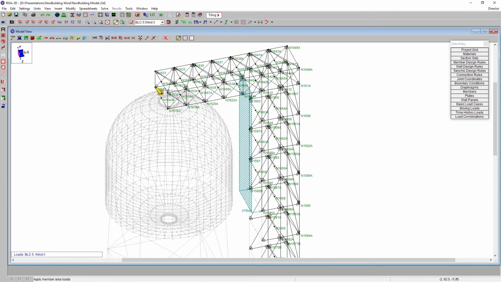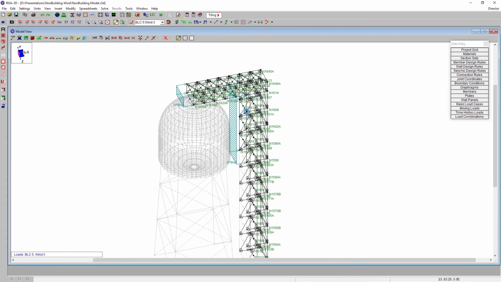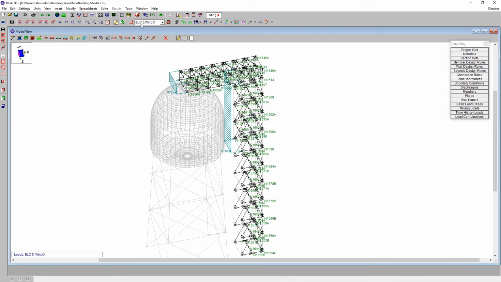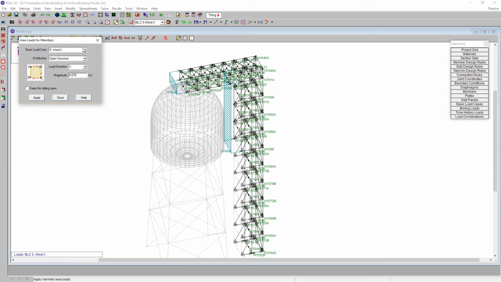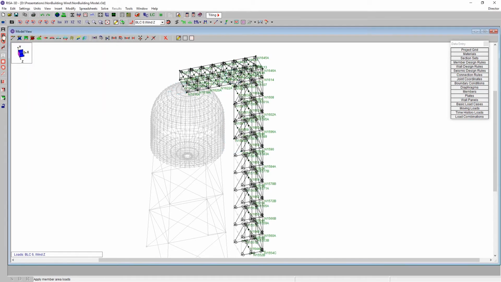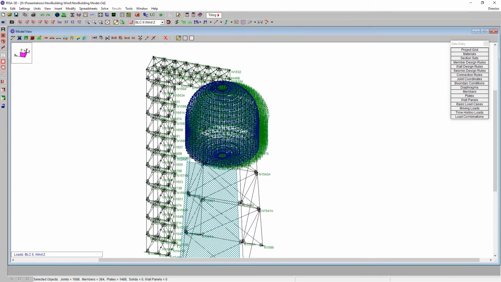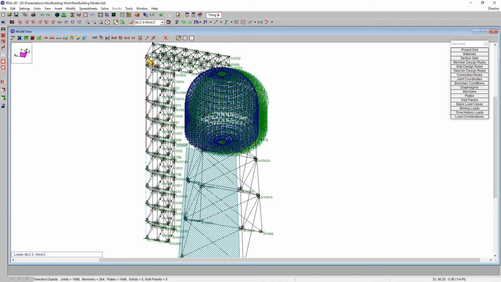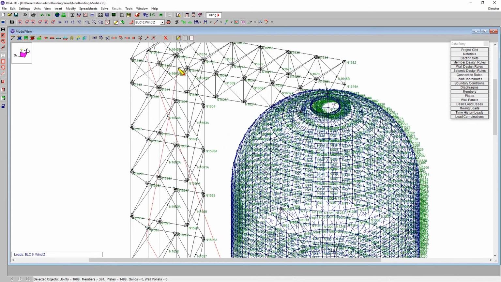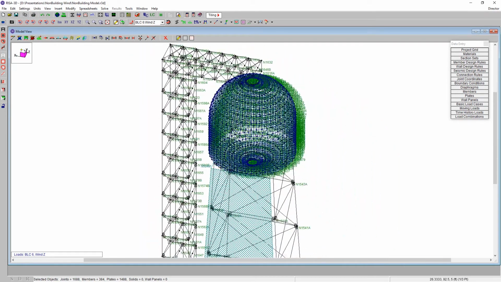And then we can't forget this upper portion of the structure as well. So now I've applied all my wind load X to the tower. The next thing I need to do is apply the Z wind load, and this will be a little bit easier since in the Z direction we don't have any interference between the tank legs and the tower. So coming up here in the Z direction, I can actually reselect the entire model, and we can do this just as 2 points. So I'm coming up here with my open structure load, zooming in on the points where I need to click,